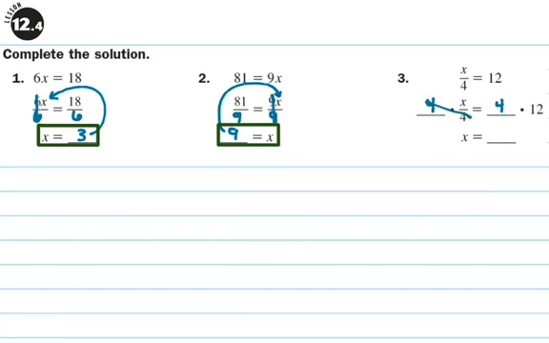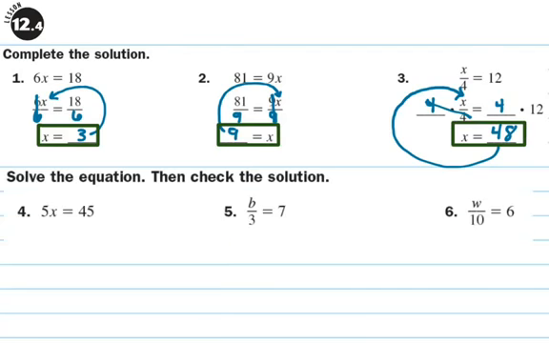And then on the other side, 4 times 12 is 48. If I put it back into the equation, 4 goes into 48 12 times, so that's true. We're going to do a couple more